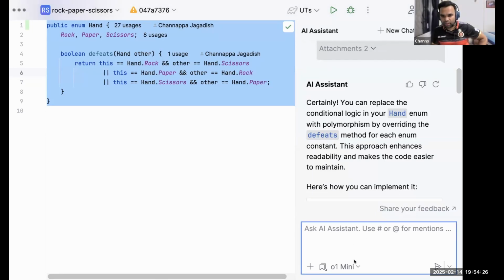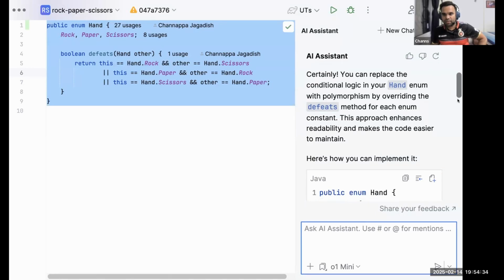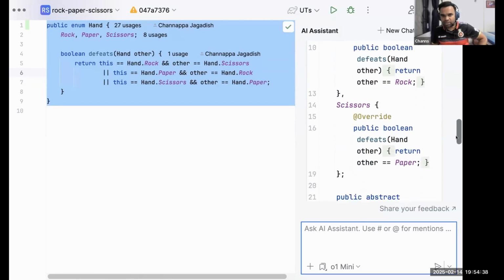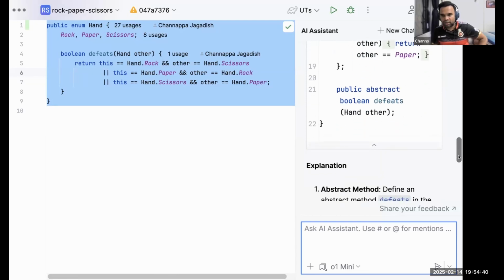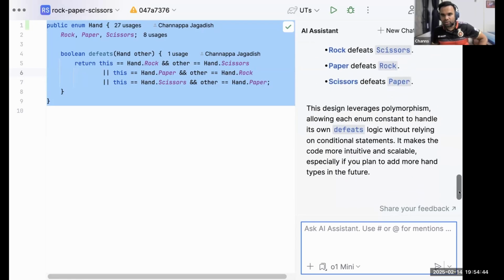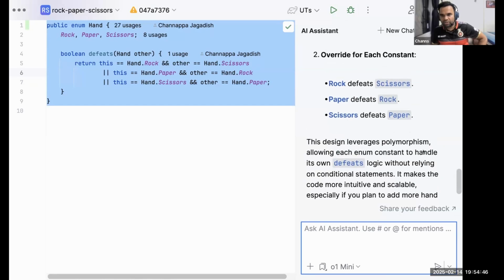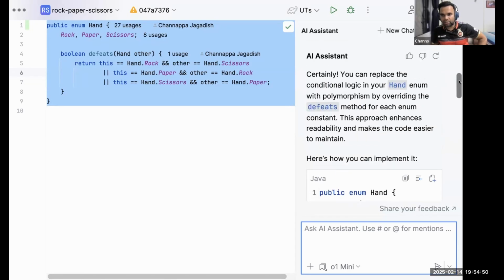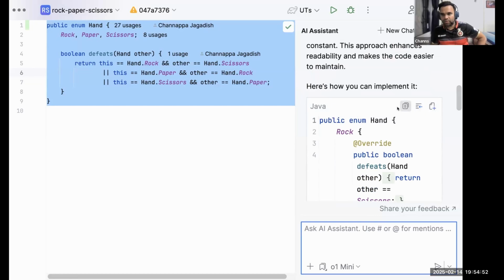For people who are curious, I'm sticking with the O1 mini for now. There are other models that you could use as well. It gives you the code, slightly harder to see here. I'm going to paste it to the main window very soon. It also explains the code changes, and it should explain the benefits as well, usually, else you can prompt it again to talk about why things are better. Right, let's replace this